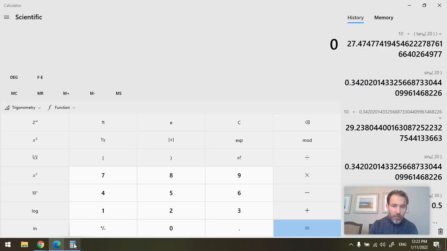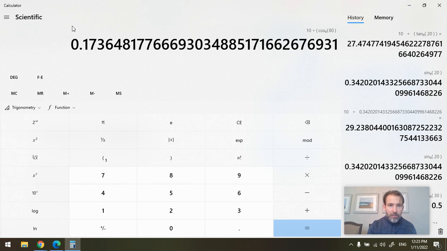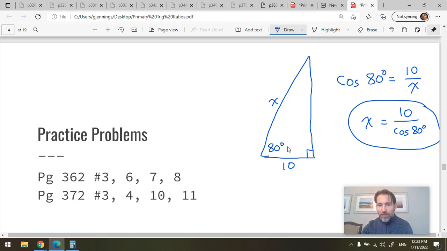So let's take a look at what it is. 10 divided by bracket, and then I put 80 in here and I say take the cosine of that. And it says this is cosine 80, so now I push equals: 57.5. Well, my guess was really useful there, you see, because my guess allows me to validate what my calculator told me. If I wrote down here 0.17,